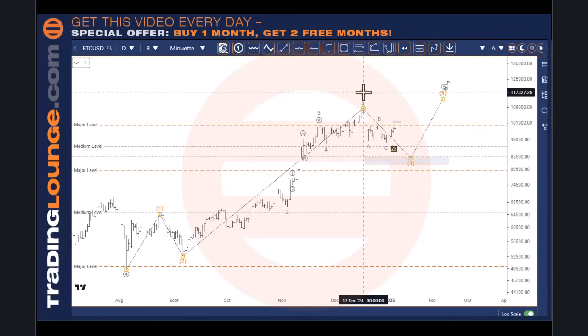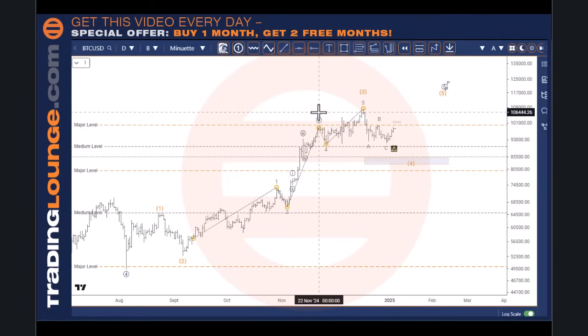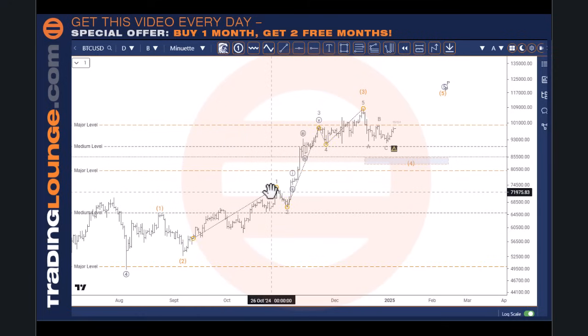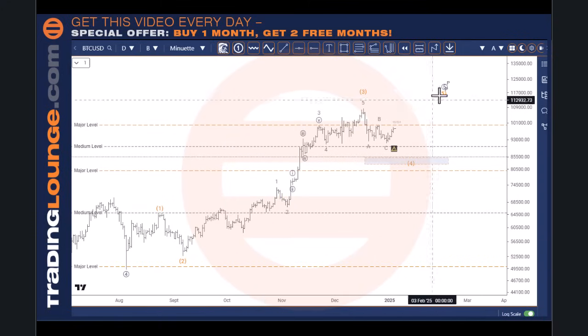Now, this wave 3 that I've got up the top here, I could easily change this and put this smaller wave 3, this minor wave 3, on top here, and recount this differently. I can make the whole structure more bullish. I can go 1 and 2 and 1 and 2 and 1 and 2, and then that would bring this up higher here. Now we may need to do this, but for two reasons. One, having this as a wave 3, 4, and 5 here would be in line with the tech stocks, with the NASDAQ.